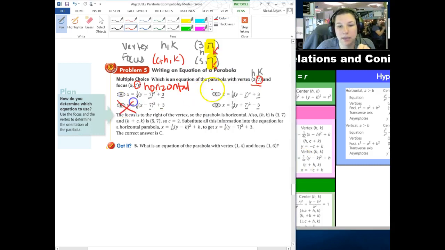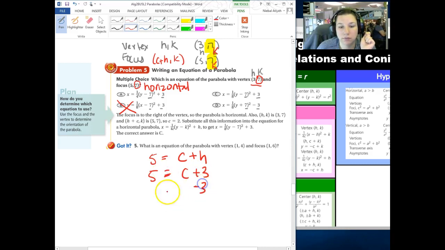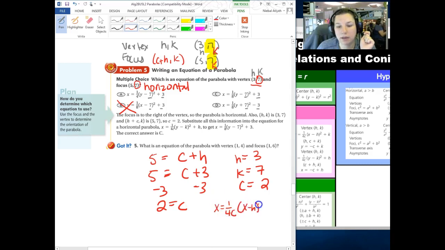So that cuts B out of the running. And that means 5 equals c plus h. We know what h is. h is 3. So 2 equals c. So I know h is 3, k is 7, c is 2. And now I can find our equation. It should be x = 1/(4c)(y − k)² + h. So it's going to be x equals 1 over 4 times 2,